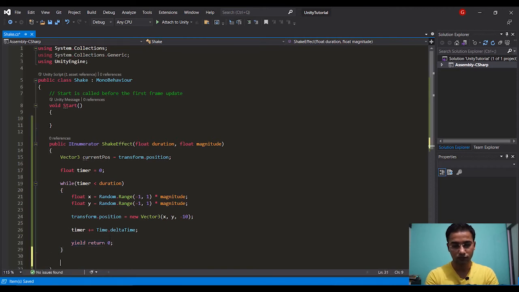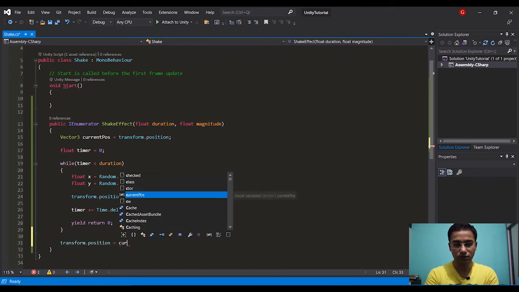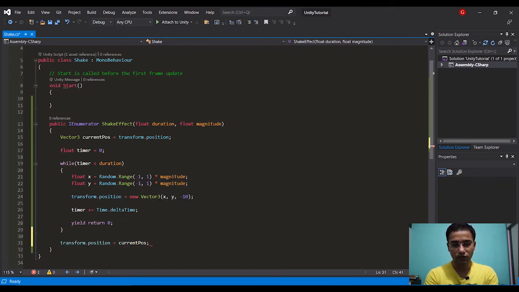And at the end, once this loop gets completed, I want to reset my camera's position to the current position, or the previous position actually. So transform.position equals currentPos.